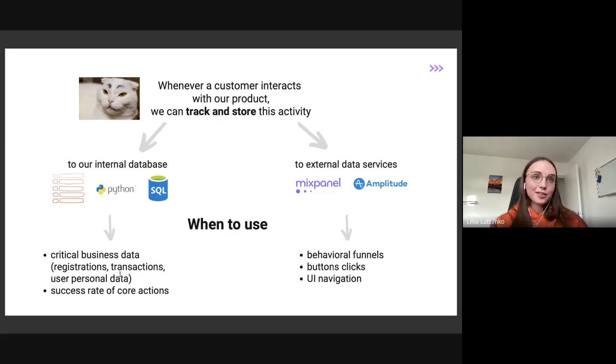you log it with 100% accuracy. However, Mixpanel and Amplitude are front-end tools. So if I don't allow the cookies, I will not be tracked as a user in Mixpanel. And usually, these tools miss out 30% of customers, because 30% of customers do not allow cookies. This is the average statistic. So this side is 100% accuracy, and this side is approximate funnels, which can still help you make decisions.